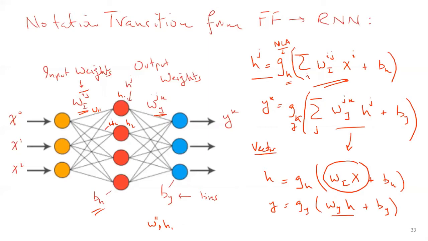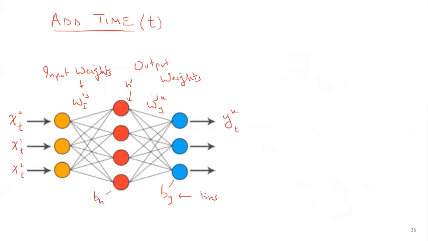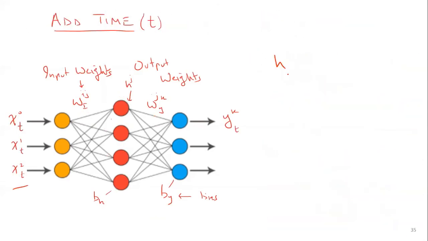Now what we're going to do is add time. We're going to use the same vector notation, but now we're going to add time as well. So what are we going to have over here? What is the output going to be for h? So now we're using the vector notation. What did we do earlier? We simply had h, right? So now what is it going to be? ht is going to be equal to